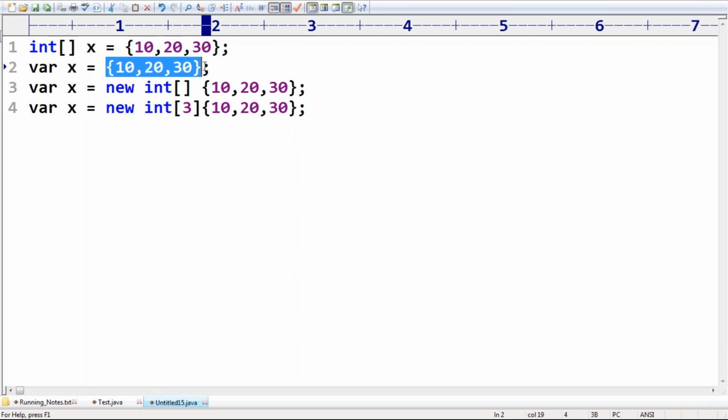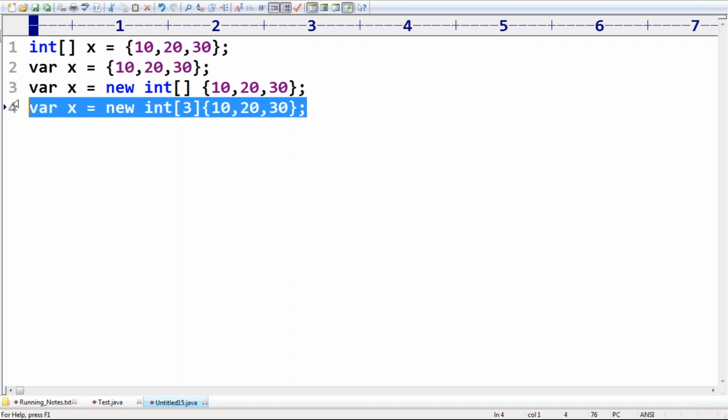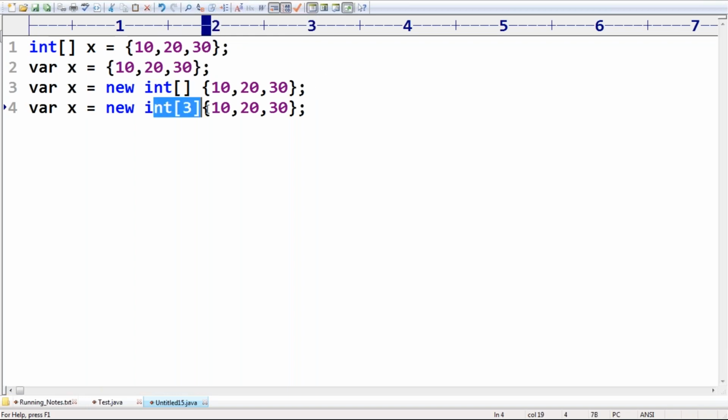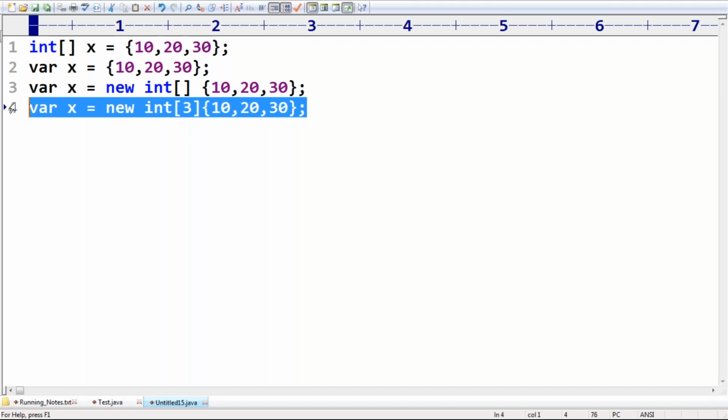So it is invalid. Next, this third one is also invalid. What is the reason? While creating anonymous arrays, we can't specify the size. Remember, we can't specify the size. That's why it is also invalid.